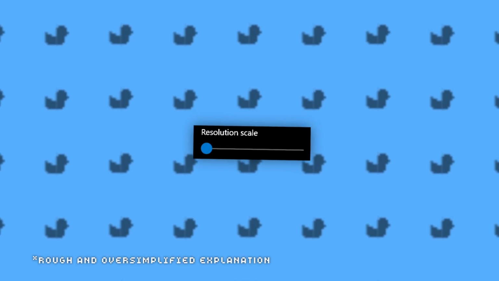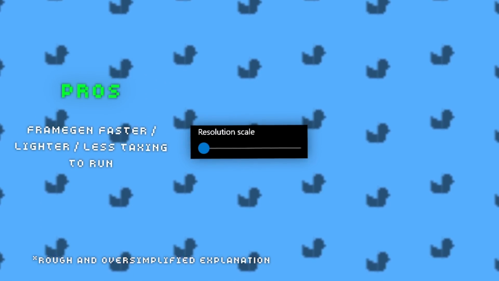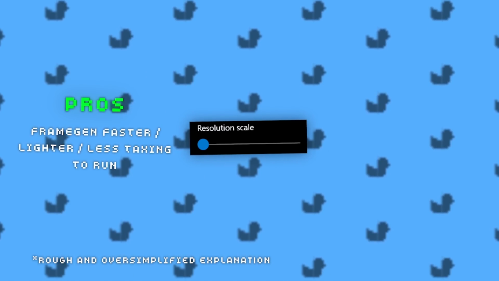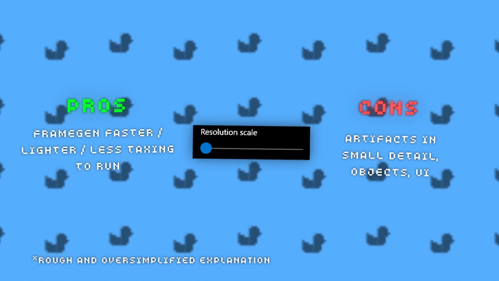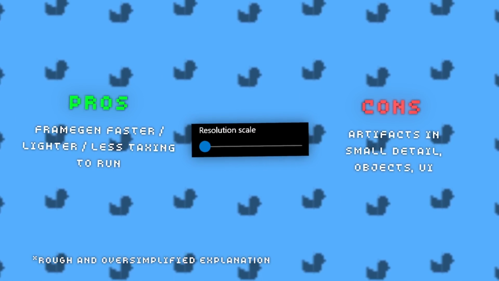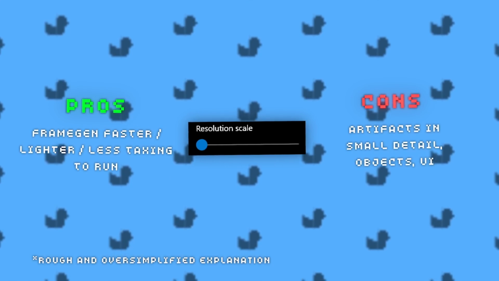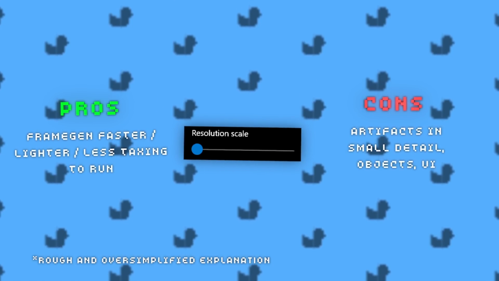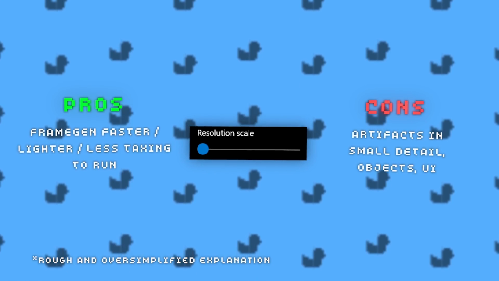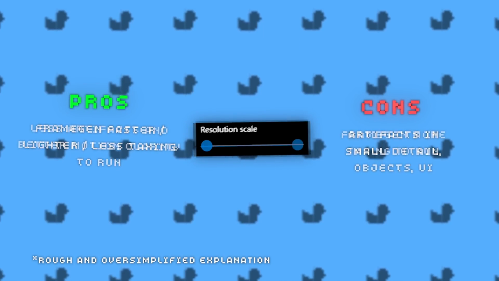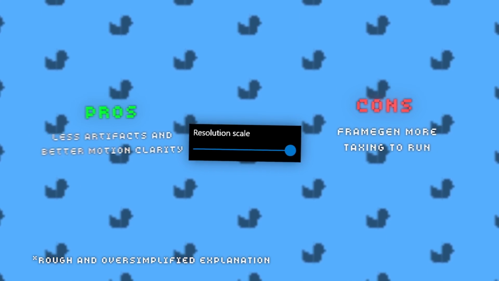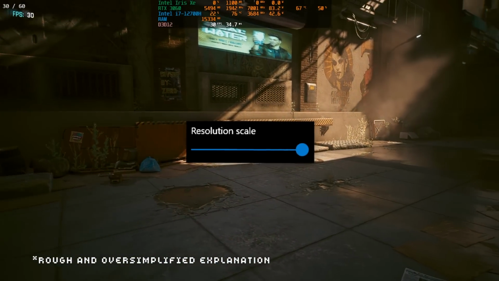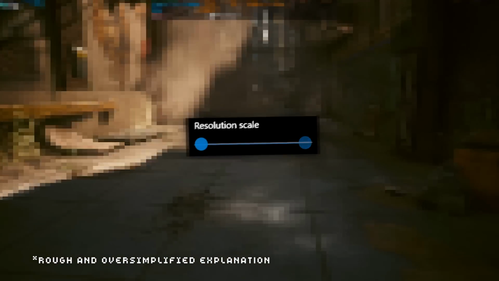Lowering the resolution scale makes frame generation smoother, faster, and lighter to run. However, the model would have a smaller canvas to analyze, and with that, motion tracking becomes less precise, which can cause artifacts like jittery UI elements or missing details in small or fast-moving objects, though really it's not that noticeable. So no, going 25% doesn't turn your Cyberpunk into Terraria.